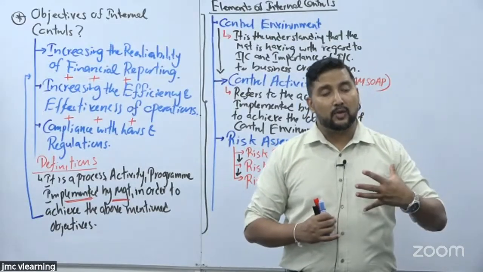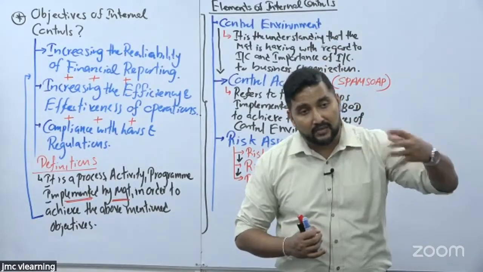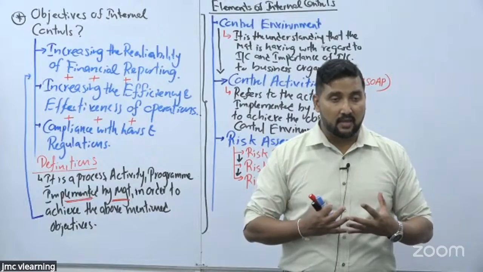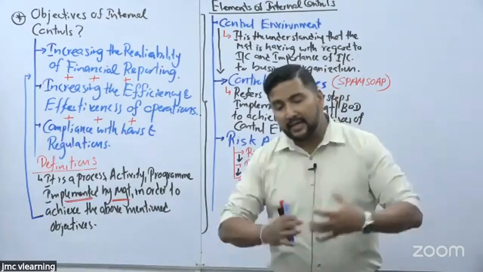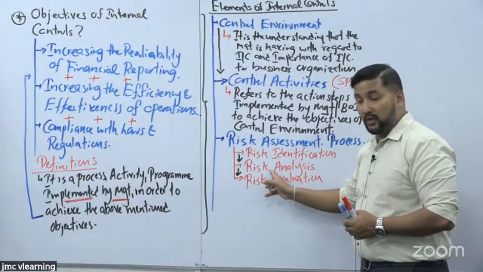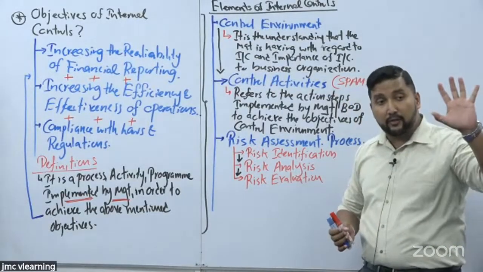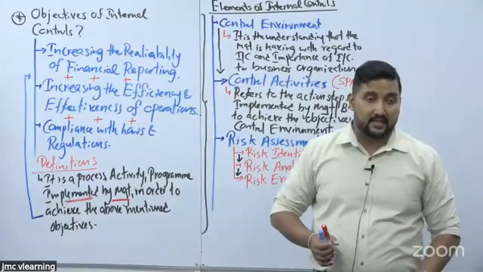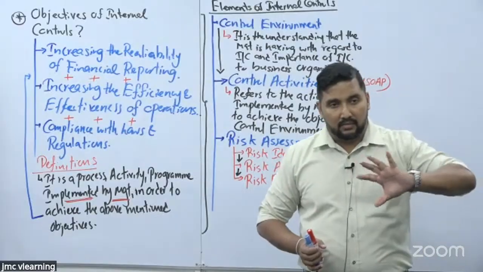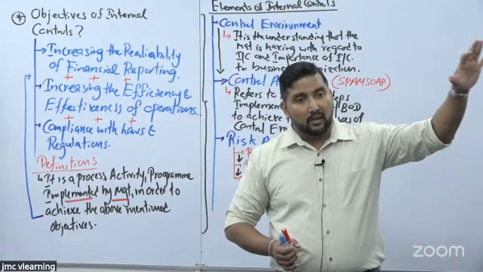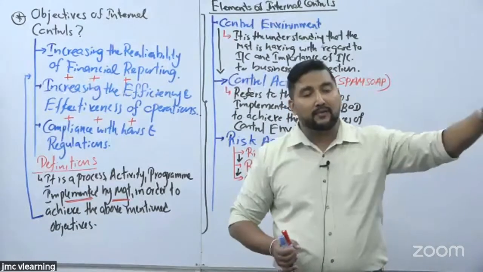So therefore, you need to identify the importance of the risk. Agreed? The importance can be identified through the risk analysis. So let's say the business organization is facing 5 risks. Let's assume the business organization is facing 5 risks simultaneously, but it does not have the liberty to give answers to all the 5 risks simultaneously.